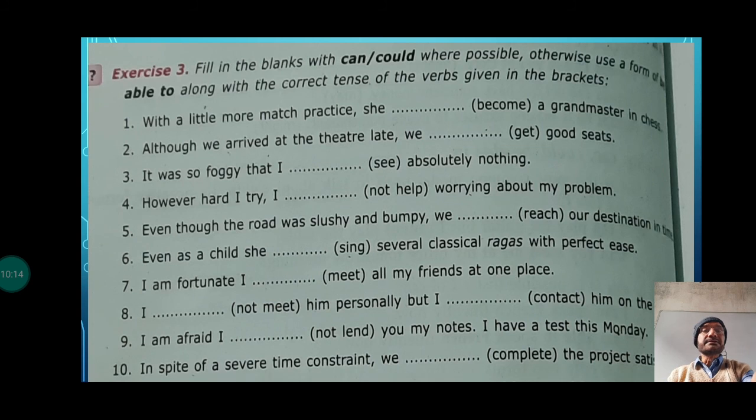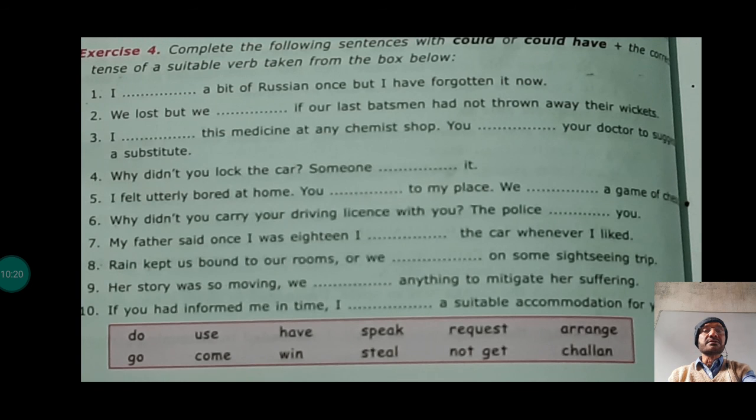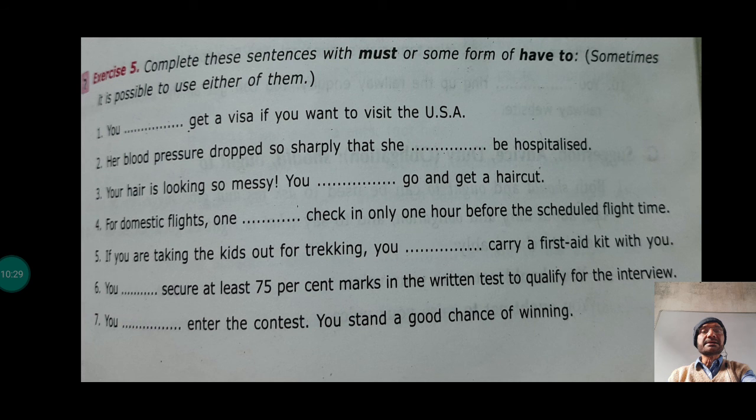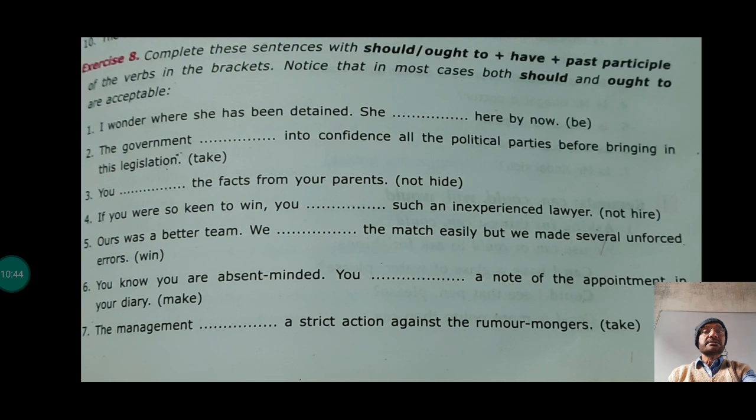Now I have a few exercises that you can try. We will do it in the classroom. So you can have a look, pause the video and try to solve it, right? And as need be, you can come to the class prepared, so it will take less time. We can take up more exercises. Must and have to, you see, have to is something that is forced by an outside authority, while must is obligation by the speaker. Then should and ought to.